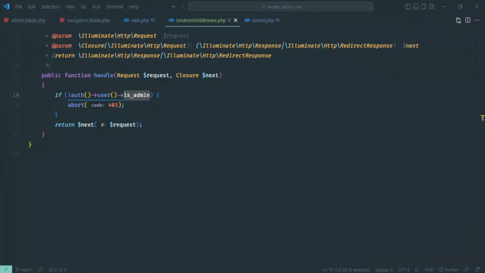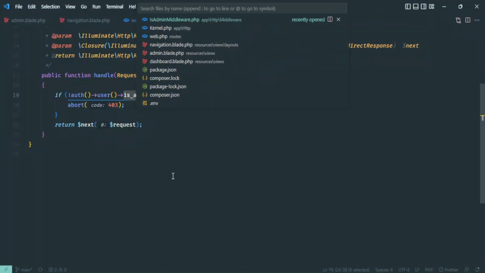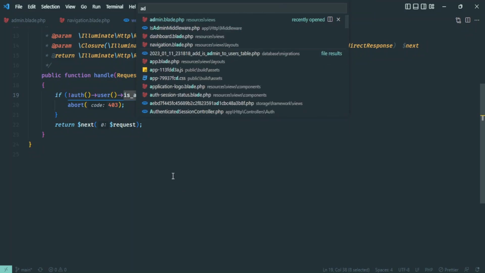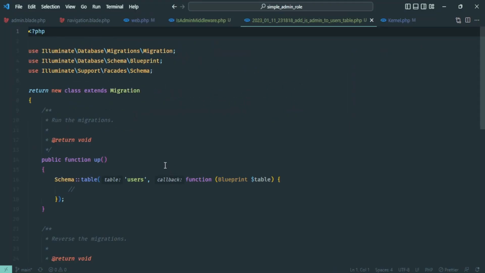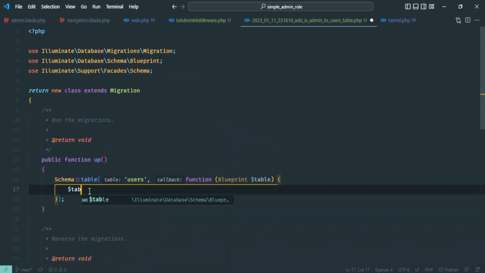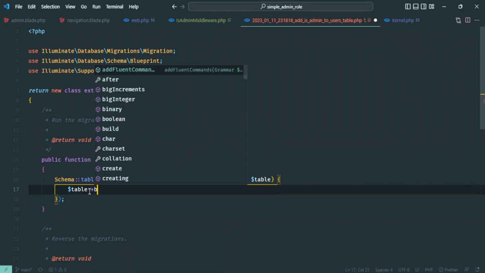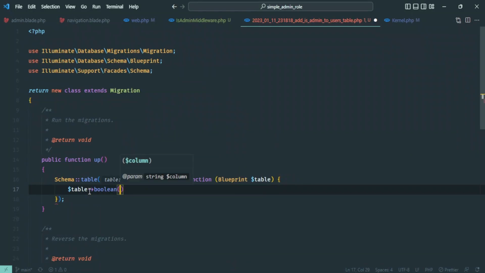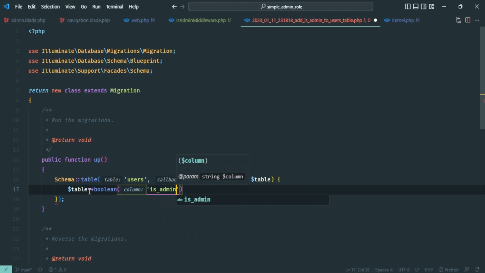Okay, that's done. So we go to that file, which is add admin to users table, and here we type table boolean. The field we were talking about is admin, and by default it's going to be false. So whenever someone registers in our application, by default it's going to be false, so that person is not going